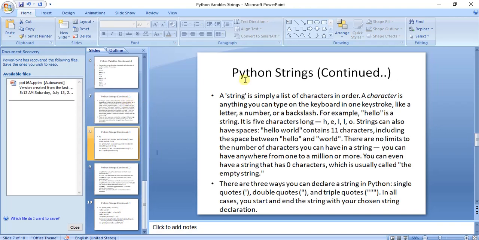Well, the next topic will be Python strings. A string is simply a list of characters in order. A character is anything you can type on the keyboard in one keystroke, like a letter, a number, or a backslash. Hello is one of the examples, so it's a string, and please note that it should always be under quotations, and it has 5 characters,